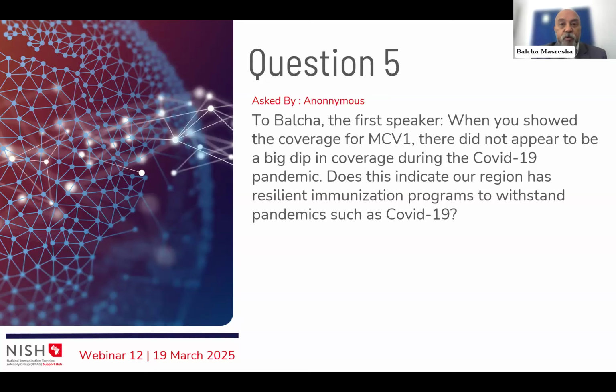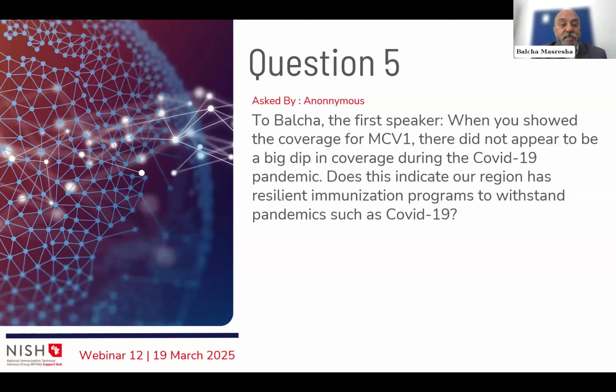Irrespective of the fear with COVID and everything, we felt that the fear of measles outbreaks and deaths of children, that risk, was much higher and needed to be addressed as much as possible. Now, with regards to the regional coverage figures, as you saw, it was just about 2 percentage points at regional level that declined during 2020 and 21 and then picked up immediately.